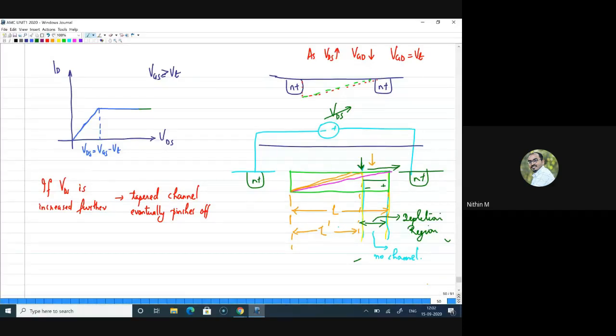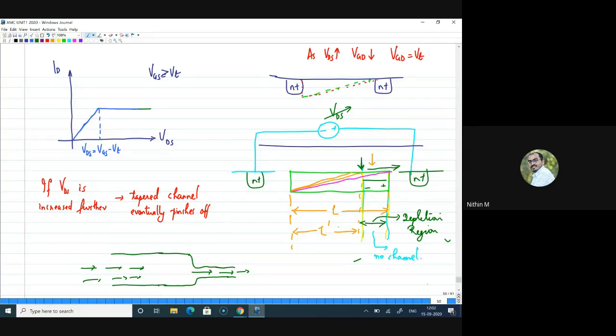Right, you can just assume that you have a wider road where a lot of vehicles are moving. You have a wider road, and after some time your road is getting narrow, right? The road is getting narrow. Now that doesn't mean that the vehicles will not move through this road. Rather, vehicles will move with a lower speed, but the movement of the vehicles will still happen. Probably you can think of this as an analogy to understand.